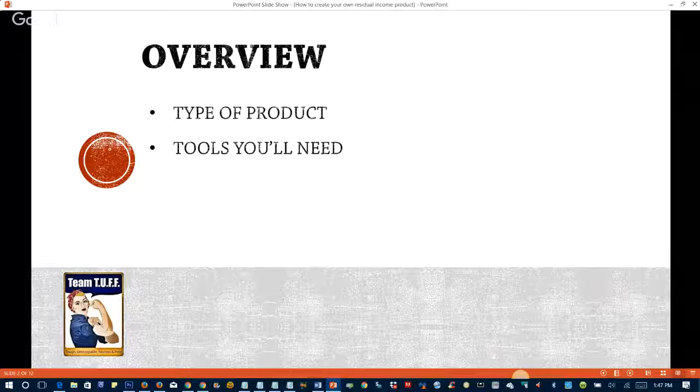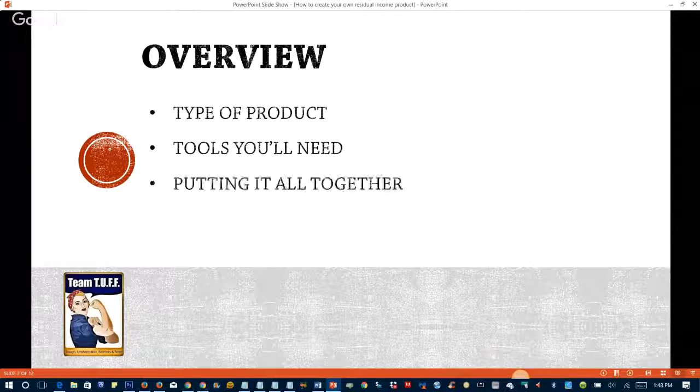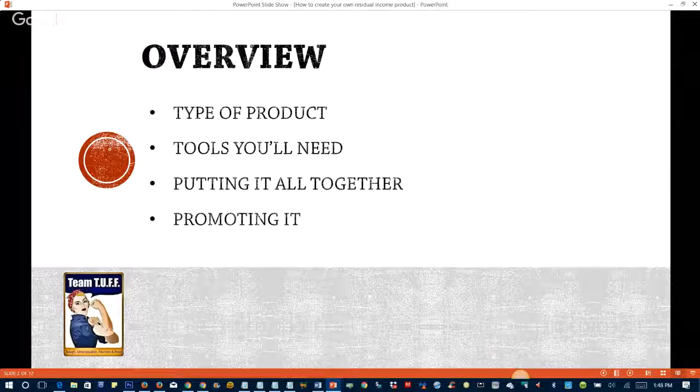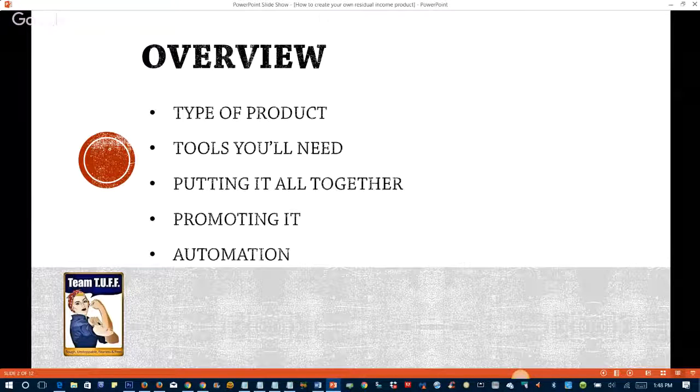need in a budget situation where you want to go live quickly, but you don't have a huge budget to spend, and you want it to work. So we're going to share with you how to do that. Then I'm going to share with you how to put it all together, and then how to promote it, and then finally how to automate it so that once you've created your product, you can start earning income from your product